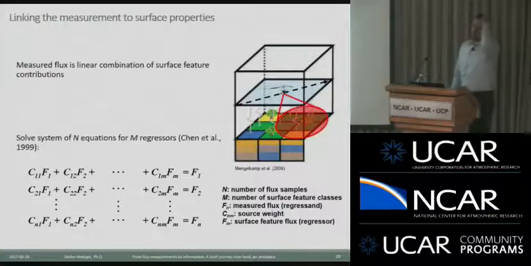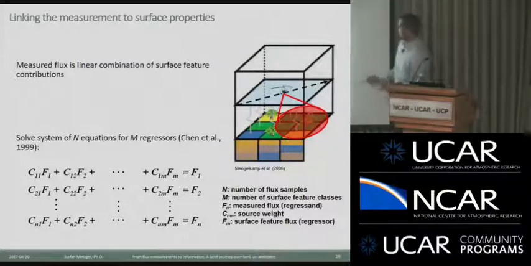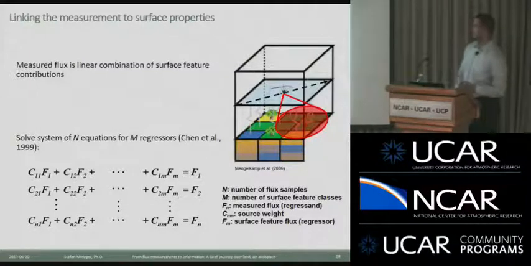So if we're flying over a heterogeneous surface at different times, we do see different blended surface influences. And in the simplest of all equation systems, these are a linear combination or linear recombination, which was done a while ago, almost 20 years ago, by Chen et al. Now, if we take this to the next level